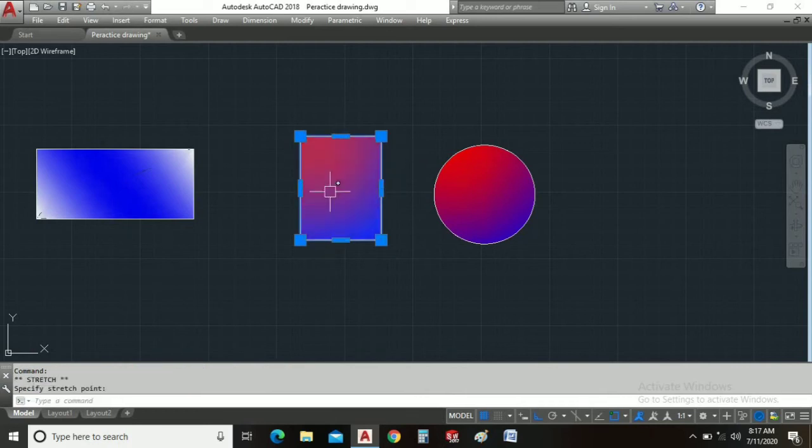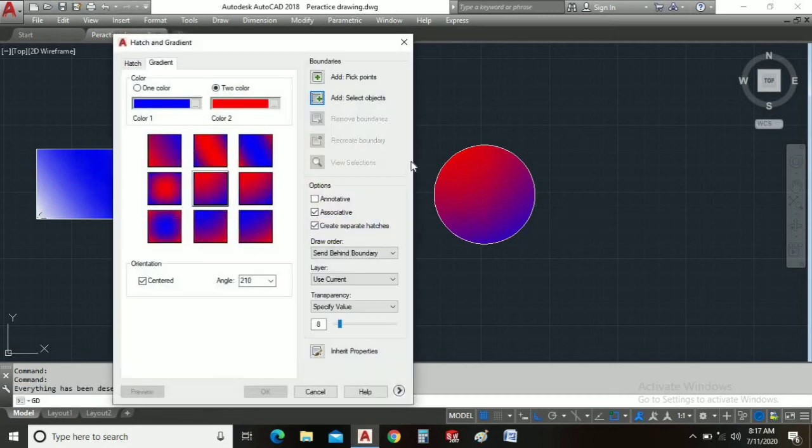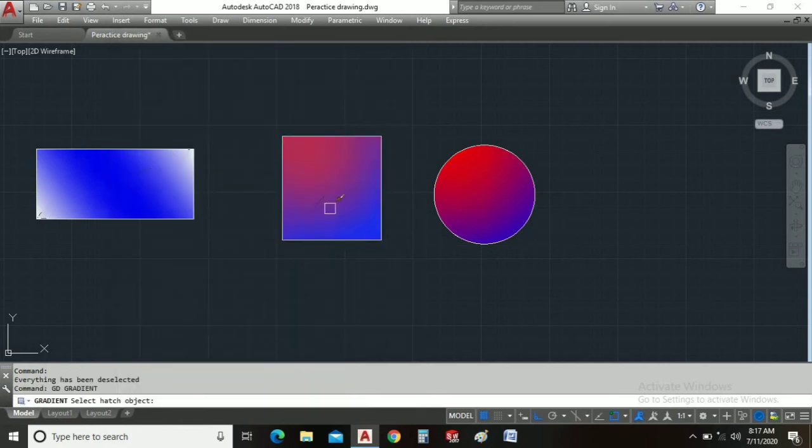As you can see, this is an associative gradient. So as I change the boundary line, our hatch will automatically update. There is one more option in the gradient command. Just enter GD in our command bar. There is an option of inherit properties. This is used to match and make the second gradient of the same property.